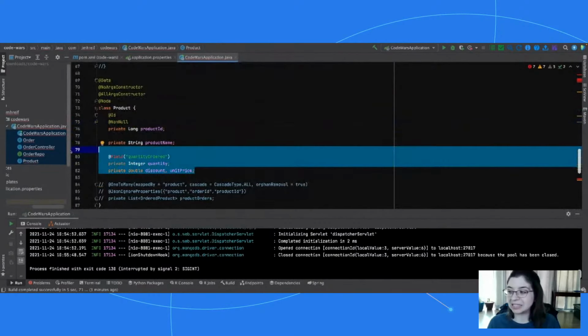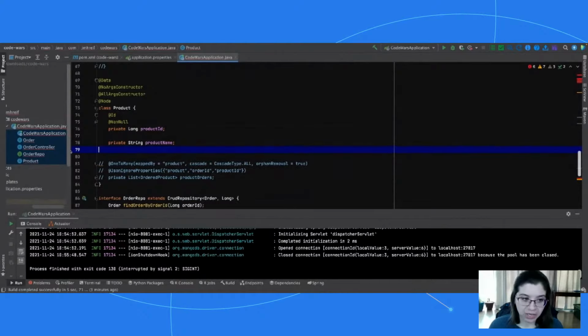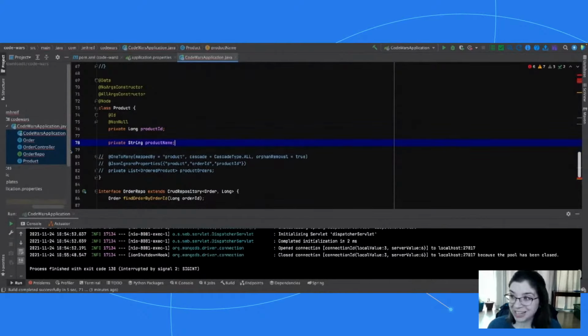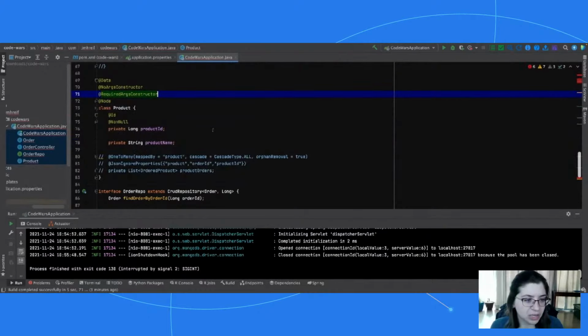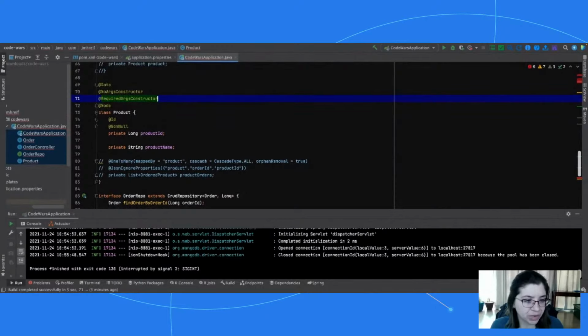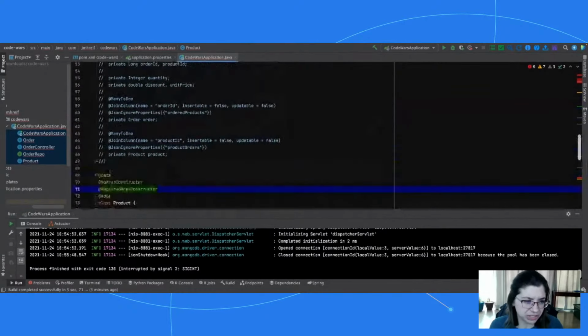So we can add these annotations back. Remember that we have that relationship, that physical join basically in our database. So we have our order and we have our product, and then we're storing the line item information on the relationship. So we actually are going to have a separate entity for the relationship because Neo4j elevates the relationship as a separate entity, as being equally important to the nodes themselves. So, okay, that is good. We can go back to RequiredArgsConstructor there. Okay, and we'll do the joins, the relationships here in just a second.